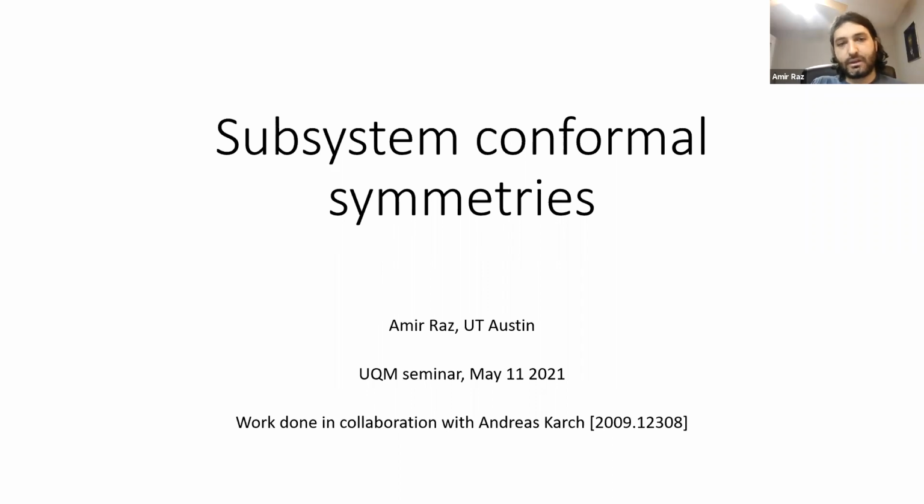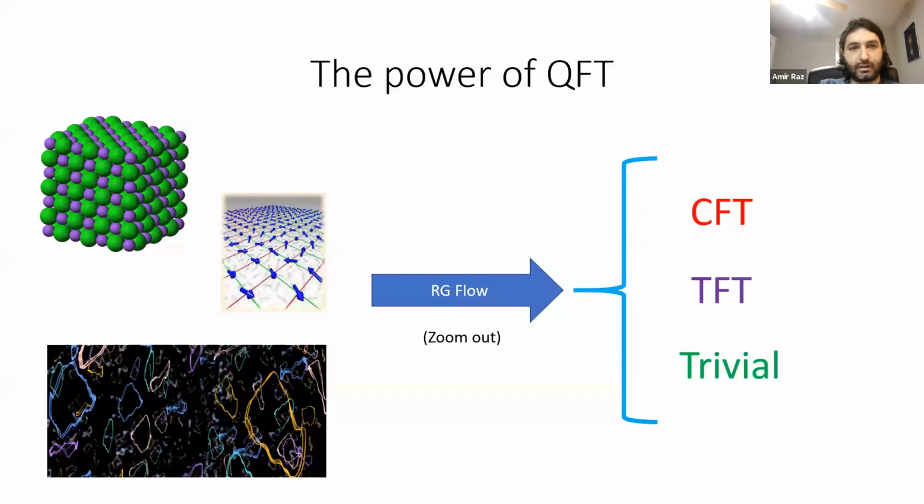I'm currently a graduate student at UT Austin, and I'll mostly talk about a paper that came out a few months ago with Andreas about subsystem conformal symmetries and fractons. Before I talk exactly about what we did, I'll go over a little bit about the background and maybe the big picture stuff, which is quantum field theory